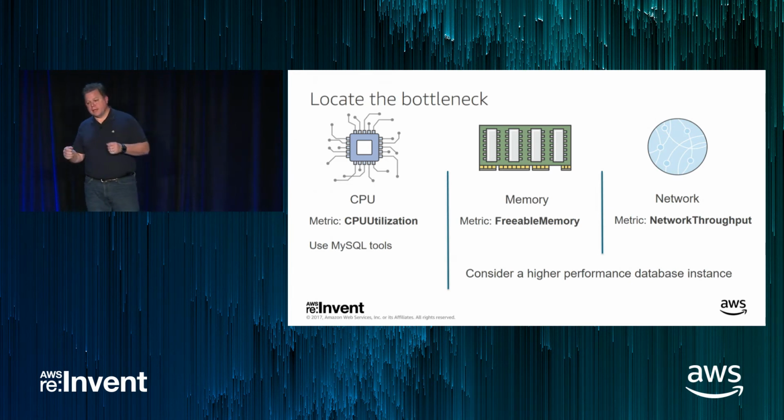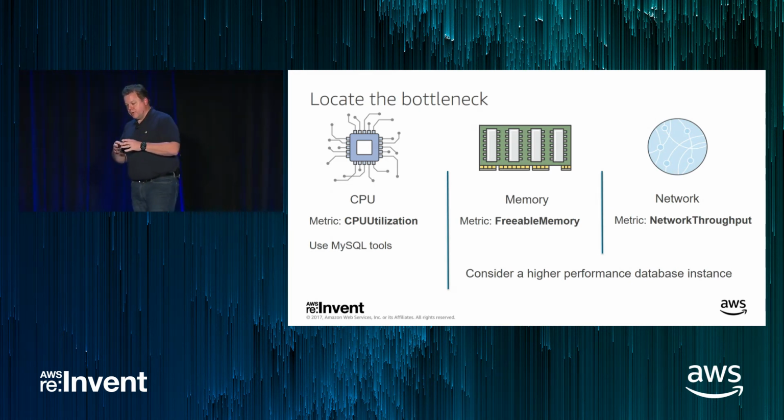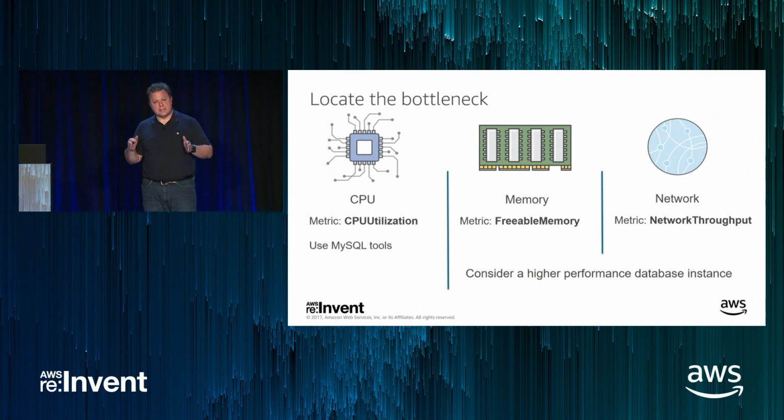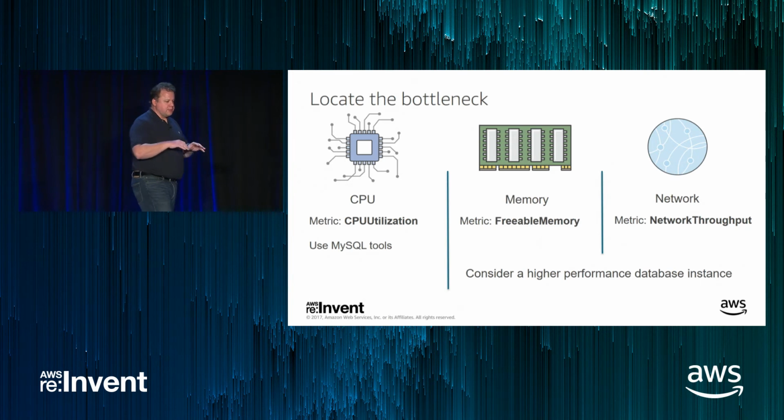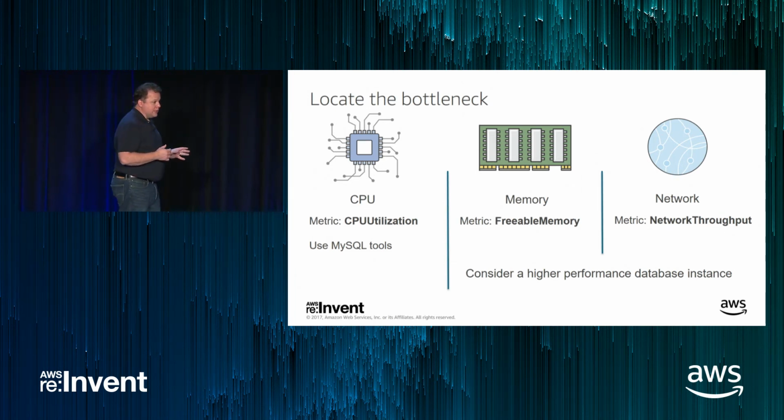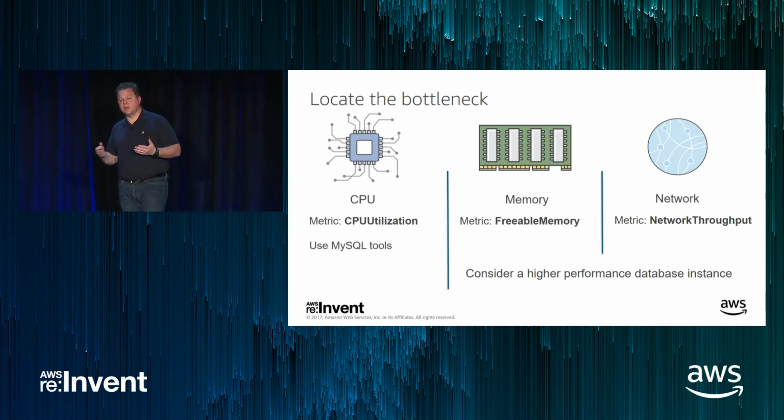Because like Cheyenne was saying, if you have a cluster, your data is actually split off into 10 gigabyte segments. And each one of those 10 gigabyte segments is split across 6 different actual storage nodes. So depending on the size of your cluster, you very likely have hundreds, if not thousands, of storage nodes that have locally attached SSD storage that is very rapidly able to serve up your disk I/O needs. What's more likely is perhaps the network throughput, because again, Amazon Aurora is communicating with all of these storage nodes